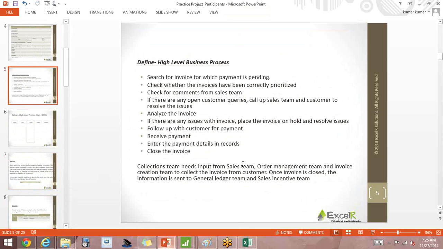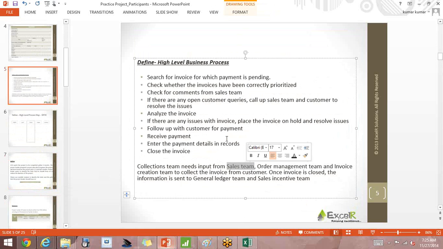Collection team needs inputs from the sales team. So your supplier will be your sales team. You're receiving inputs from your sales team, from your order management team, and invoice creation team. From these three teams, you are getting the inputs.